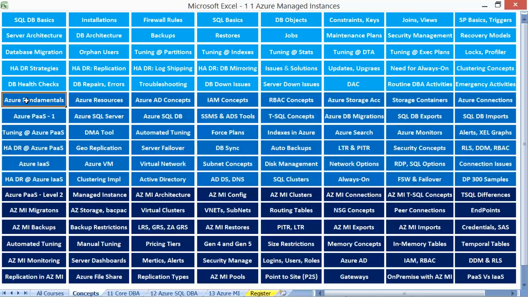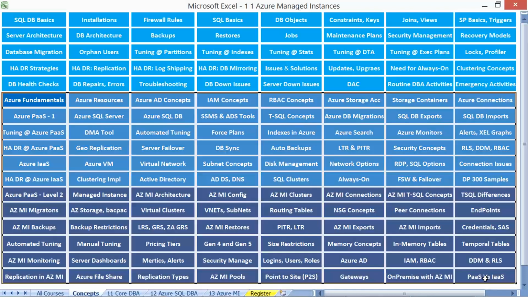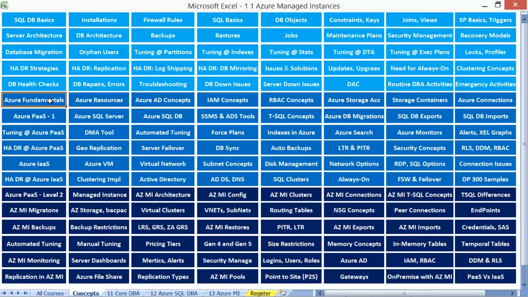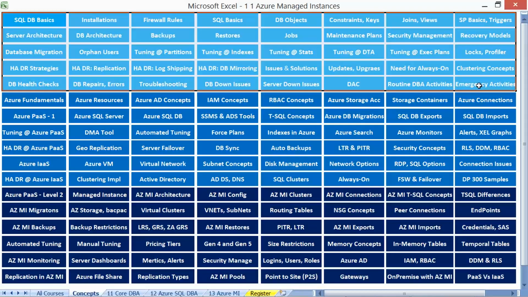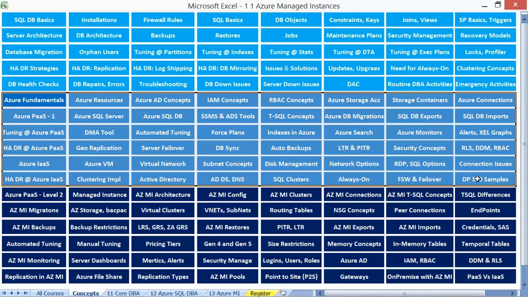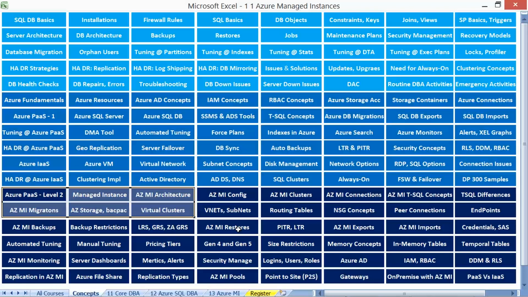If required, you may start from Azure fundamentals until the end. Box 12 and 13. If you are new to Azure SQL database administration itself, go from box number 11. On-premise, then Azure PaaS with logical servers and virtual machines, then step into managed instances. 11, 12, 13. In fact, these basics are very much required.